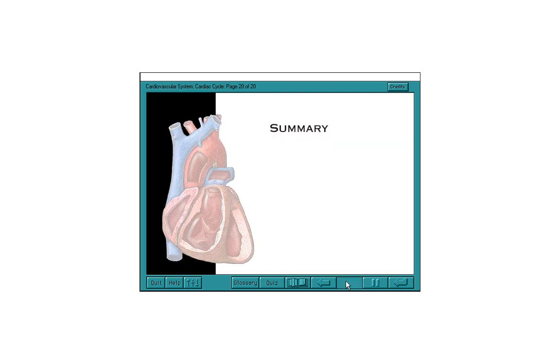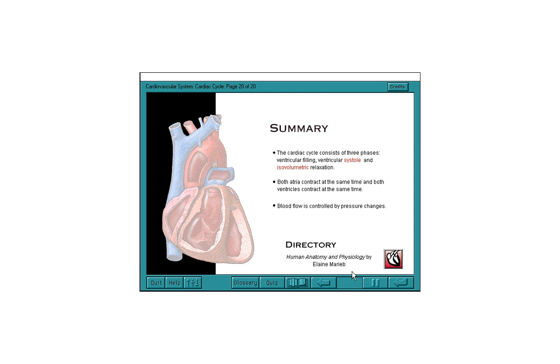Here's a summary of what we've covered. The cardiac cycle has 3 phases: ventricular filling, ventricular systole, and isovolumetric relaxation. Both atria contract at the same time, and both ventricles contract at the same time. Blood flow is controlled by pressure changes. To see the related chapter outline from Human Anatomy,